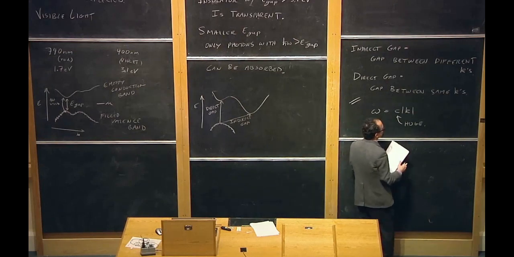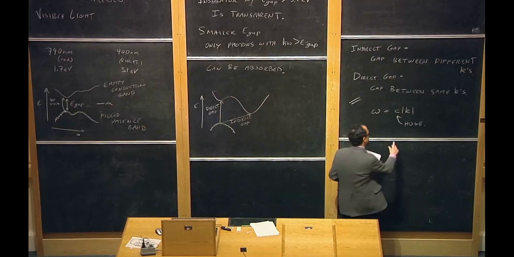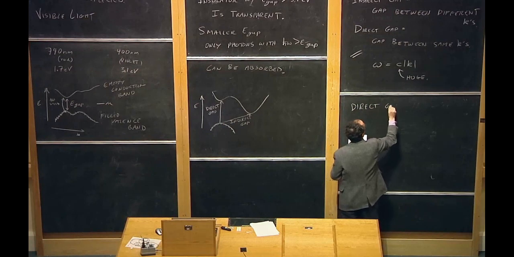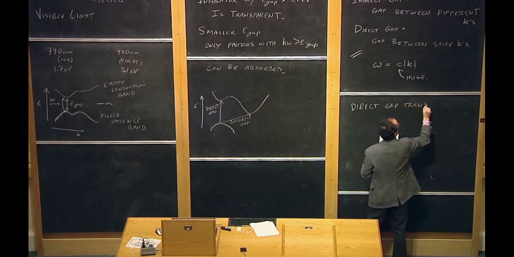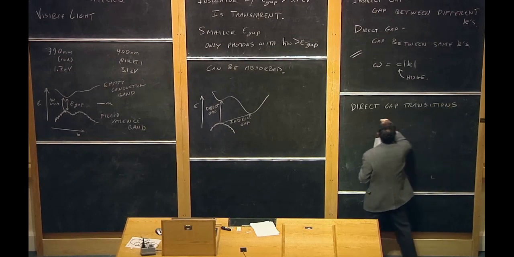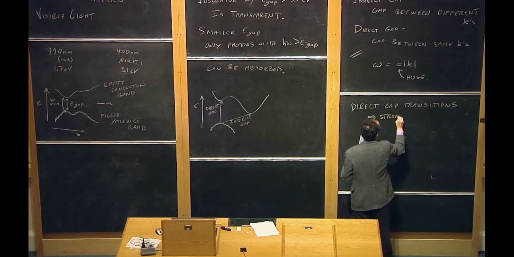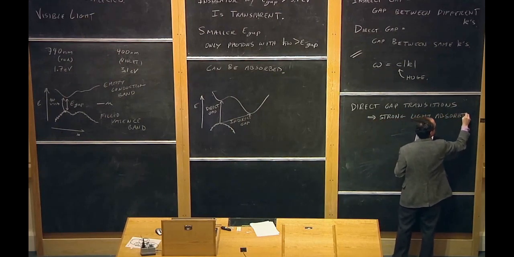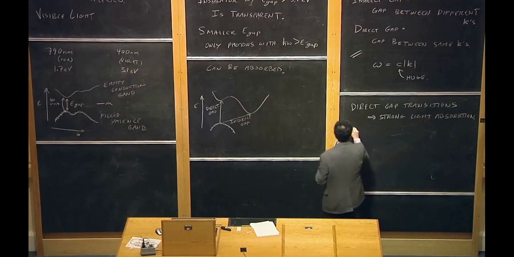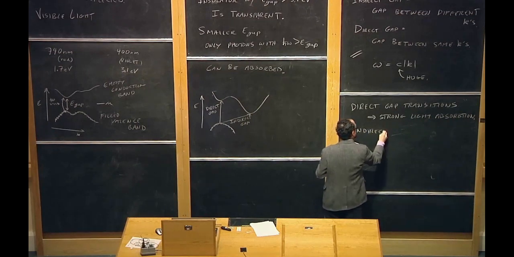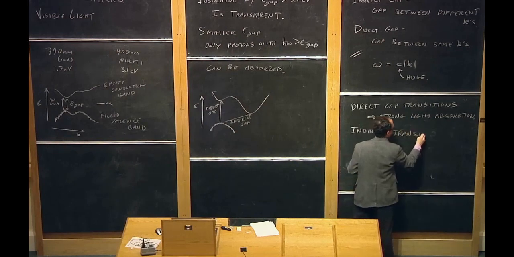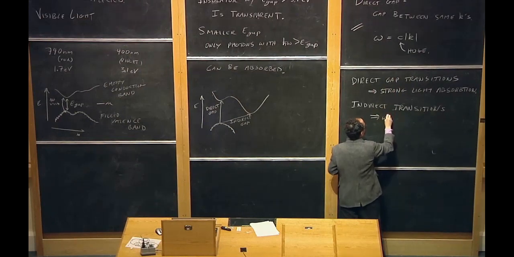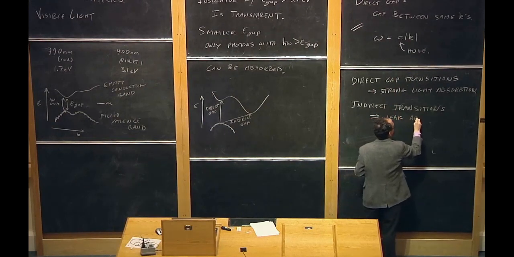Okay. So what we have is that direct gap transitions have strong light absorption, whereas indirect gap transitions have very weak absorption. Now you might wonder, weak absorption,